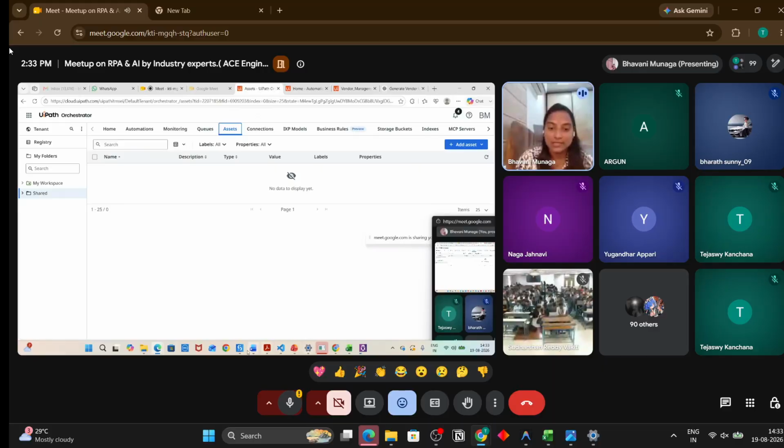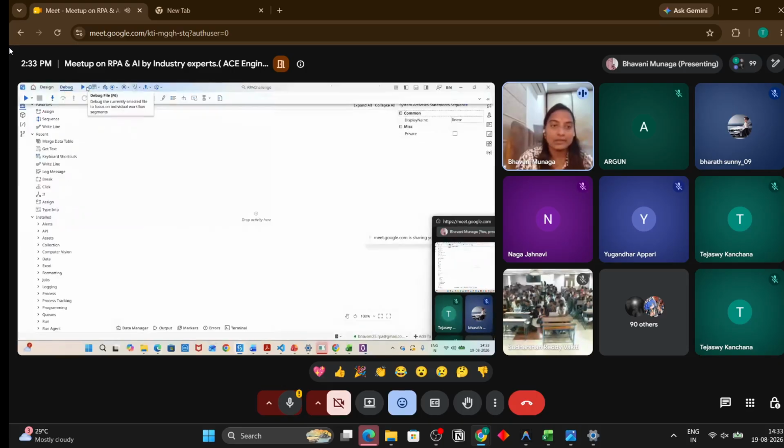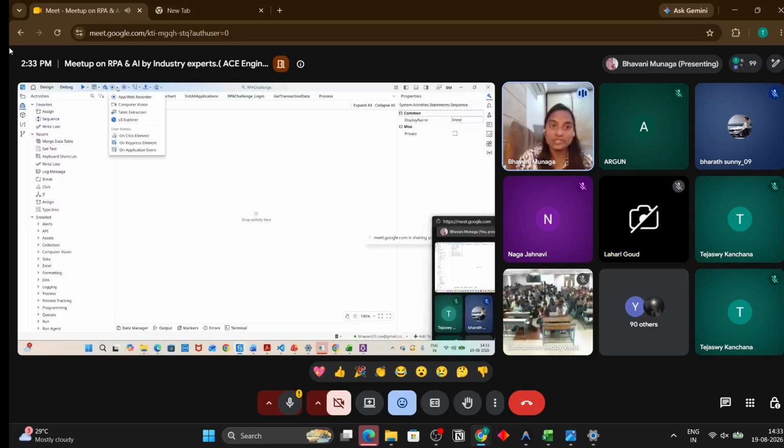So in the Studio, if you see, there are different panels. We have a debug panel, we have the automations, we have recorders, and we have the upload button. So this is the design panel where you can save, undo, or everything we can do.